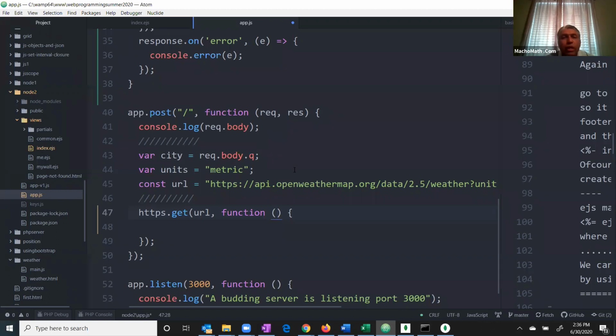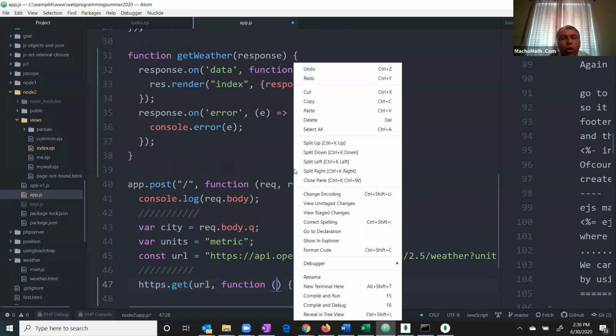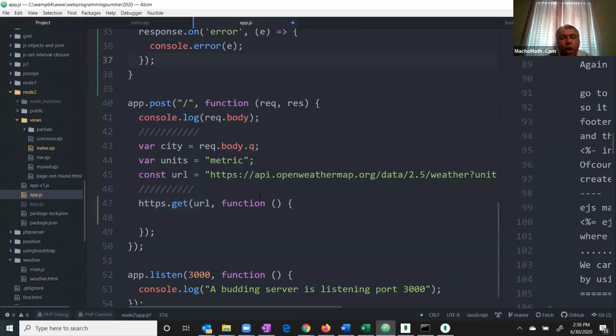But the deal here is that now, if we write it like this, as we did earlier,